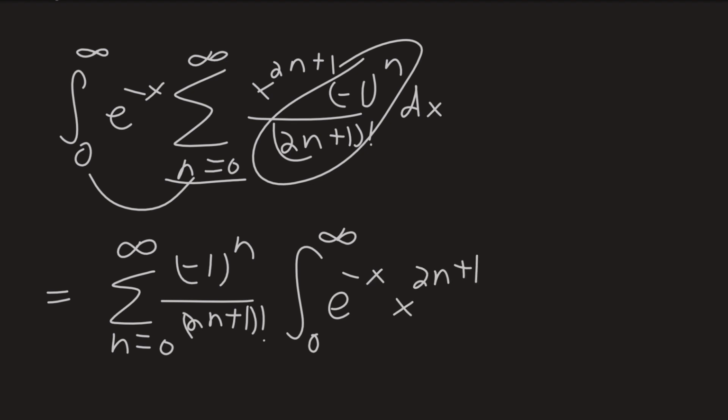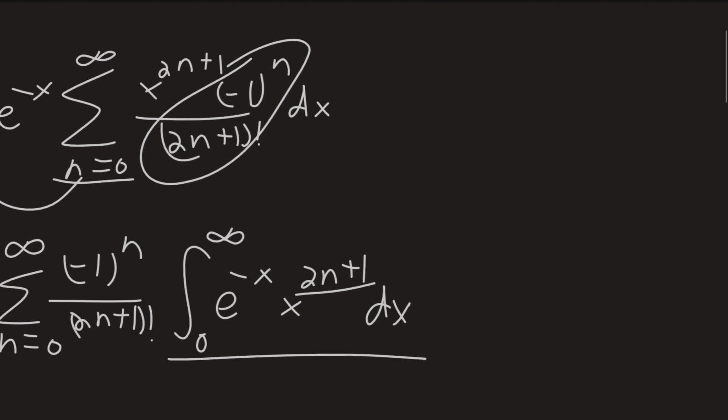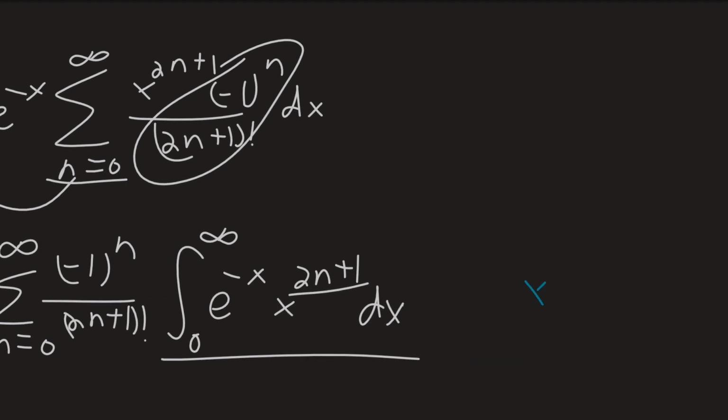times the integral from 0 to infinity of e to the minus x times x to the 2n plus 1 dx. And this is the point where you will probably notice that this right here is really just the gamma function, or sorry, it's the gamma function of x plus 1, which is just whatever this is right here, factorial, because we know that x factorial, or actually I really shouldn't use x. Well, we'll do n factorial right here. It's just equal to the integral from 0 to infinity